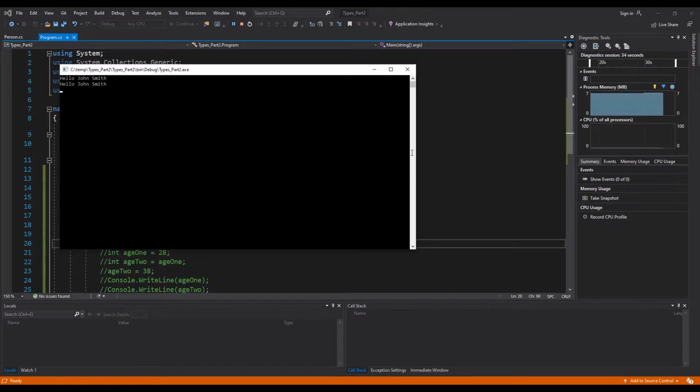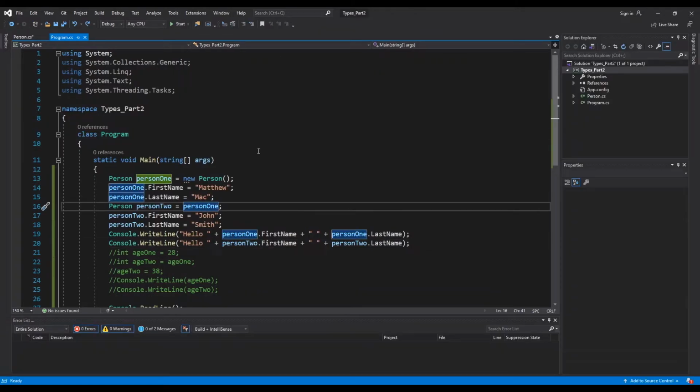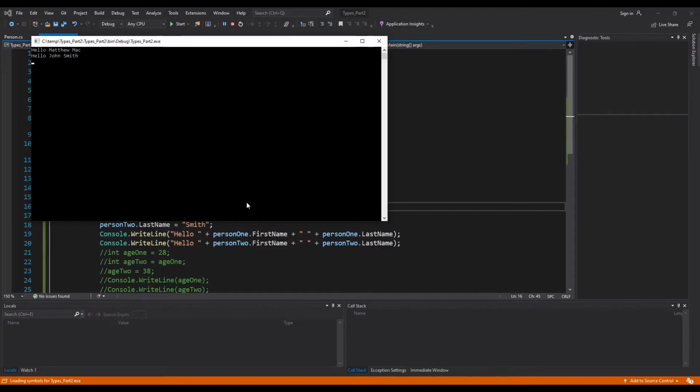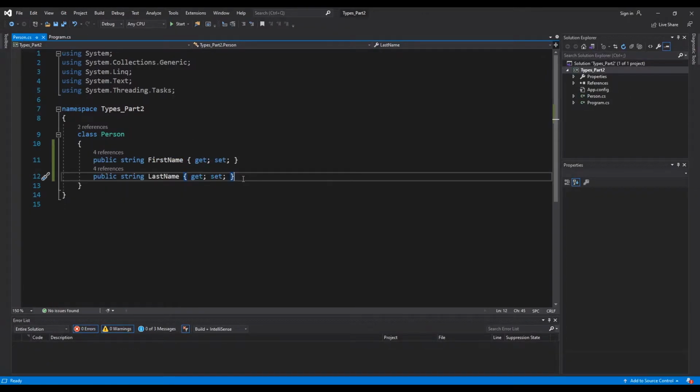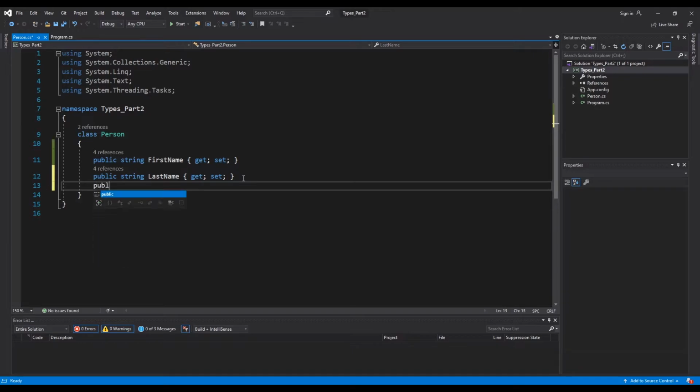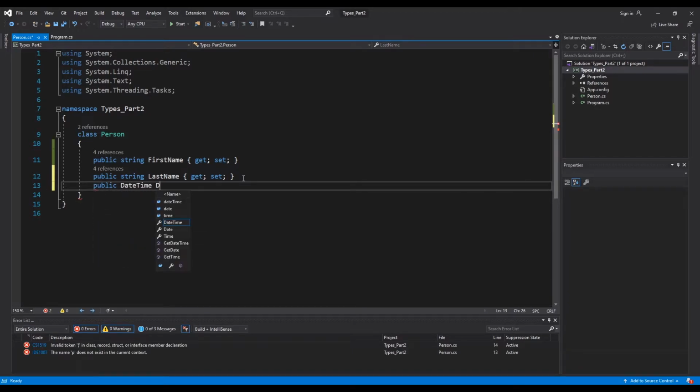If you don't familiarize yourself with this concept quite thoroughly, you will find yourself running into some frustrating times in the future. Alright, so let's instantiate this second person object properly so that we don't have two variables sharing the same data. Now we have our two separately instantiated person objects that don't share any references to data. Let's move on to a DateTime example now. Let's head on back to the person class and add a date of birth property by adding in public DateTime DateOfBirth { get; set; }